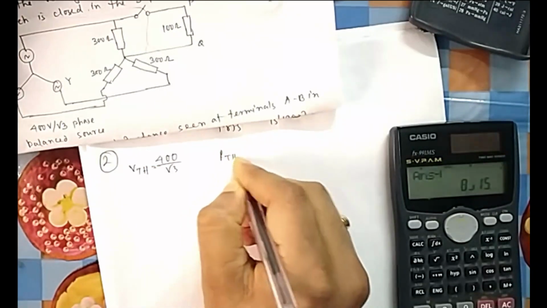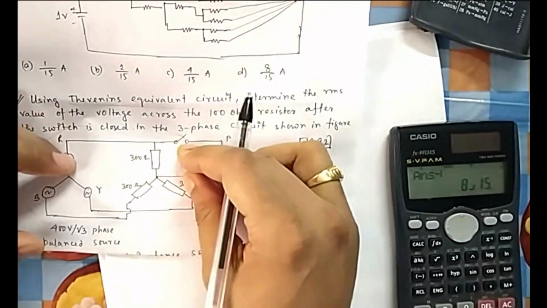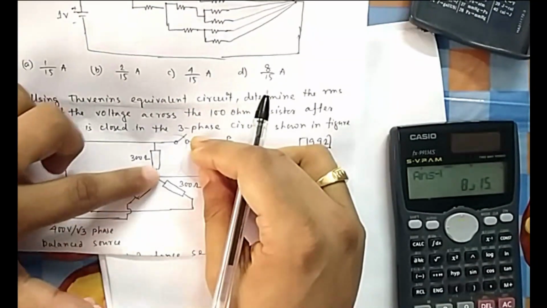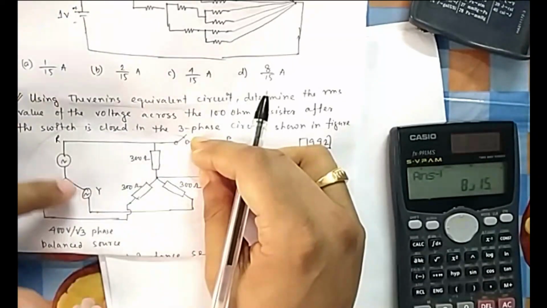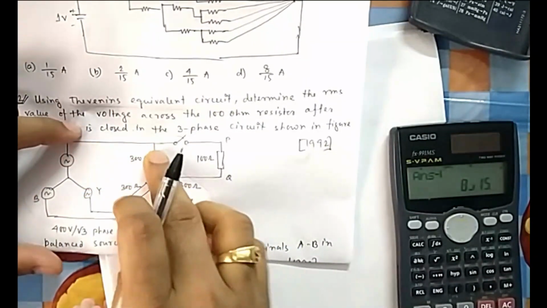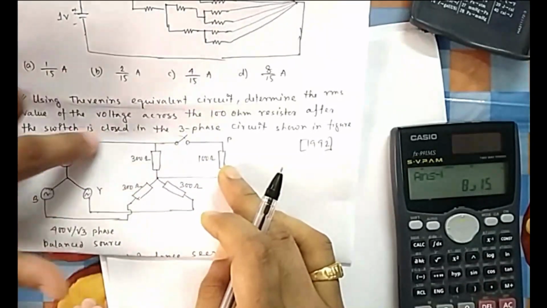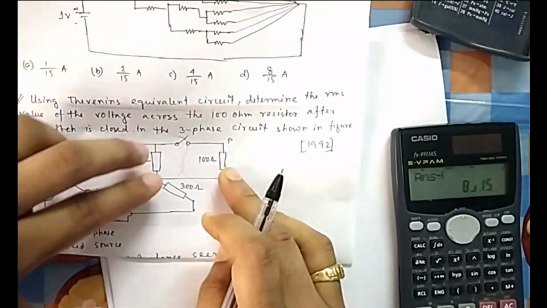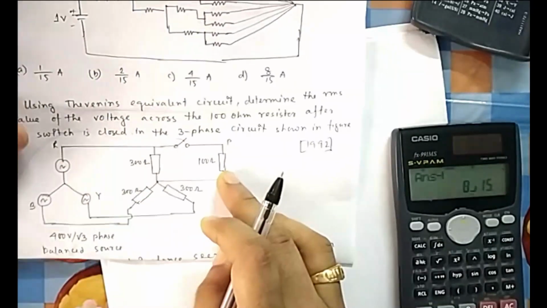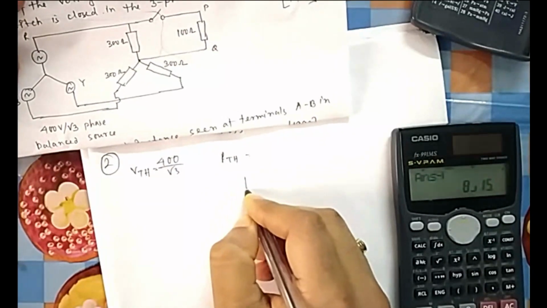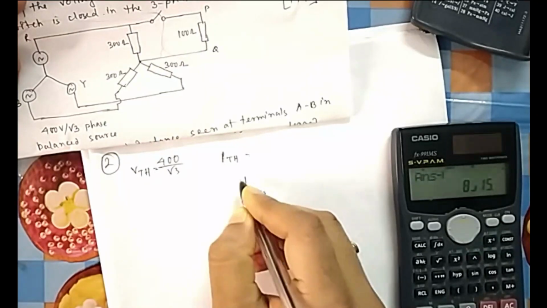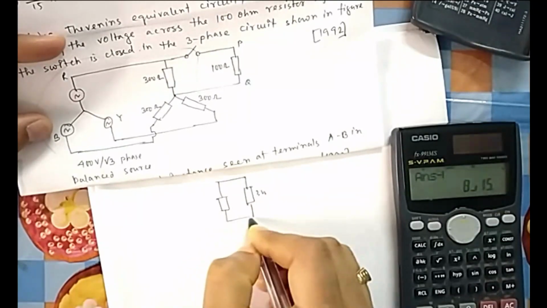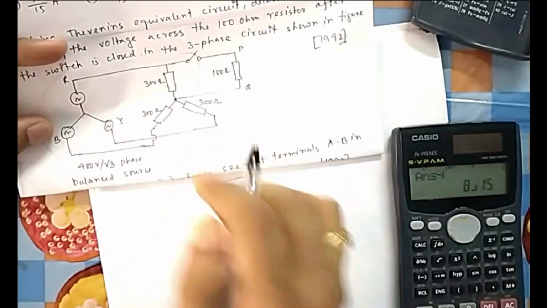Now for R Thevenin, what you will do, you will look from this side, killing the voltage source. If you kill the voltage source, this is short, so you have a path of this, and again you have another path of this. So you can think of this 300 connected in parallel with this 300. You can see this is a path which is parallel to this path. You see these 2 points and this another path. So you can think this 300, or you can draw it also. This is 300, and then 300, this one going directly, then coming with 300 in parallel to this one. So this is again 300, again going through this directly, coming again in parallel with 300.